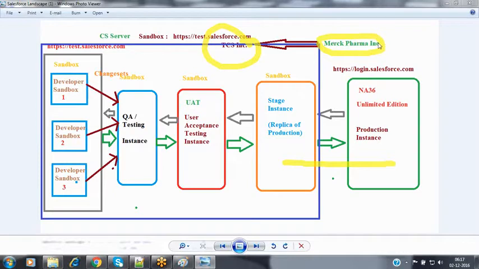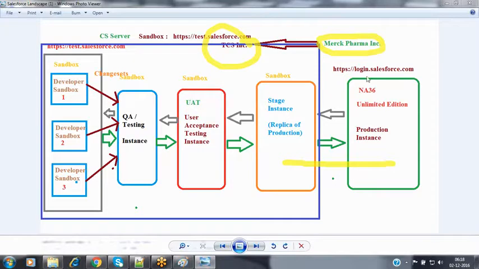Now Merck is from the US, so the US comes under the North America region. In that North America region, from whatever servers are available, the required amount of memory will be allocated inside a specific server. You are aware of the various servers available in the North America region, like NA0 to NA45. In the Europe region, they have servers from EU0 to EU6. In the Asia Pacific region, they have servers from AP0 to AP4.